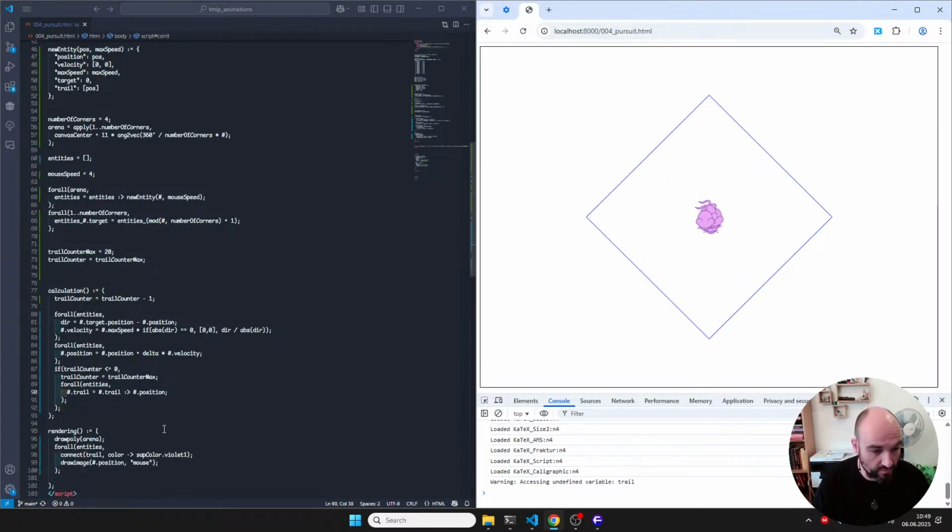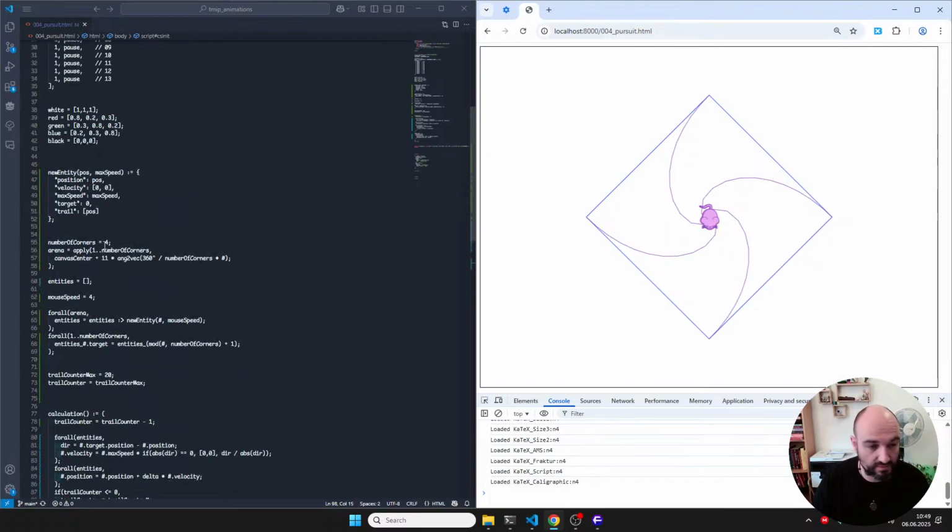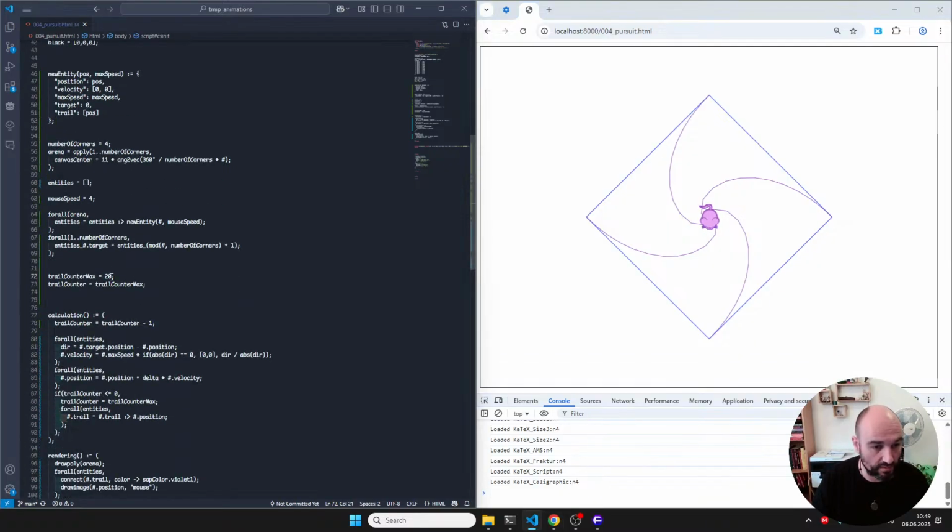Undefined variable trail. Oh yeah, we want to. All right, we can make it, because we're moving relatively quickly, so let's say every 5 frames,